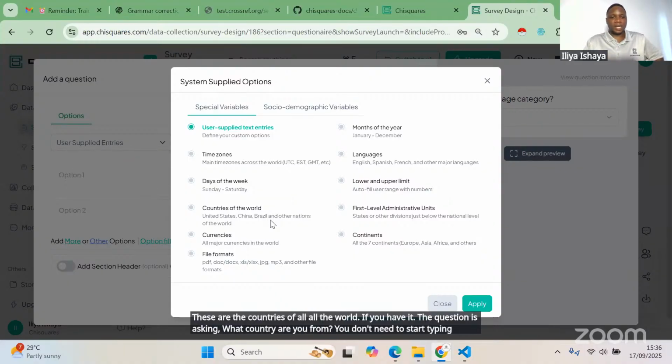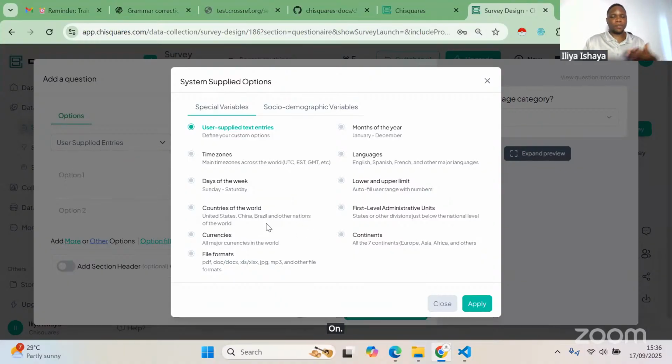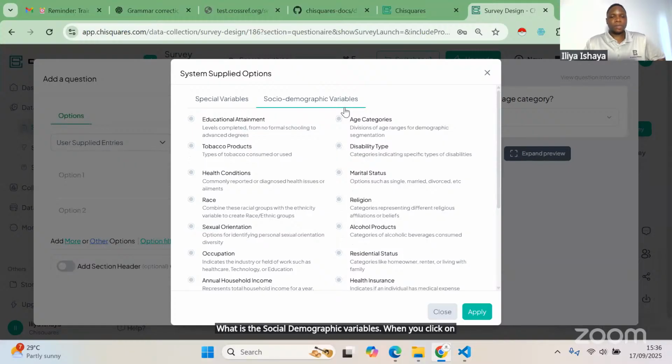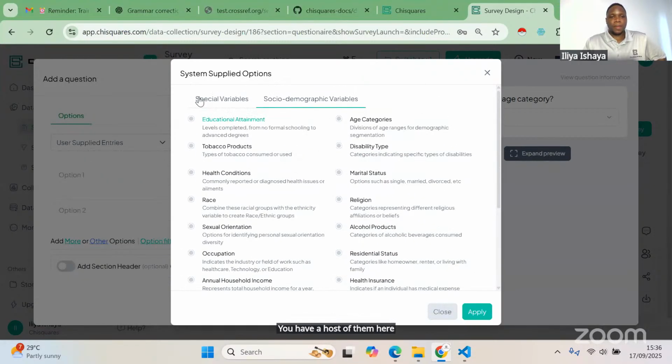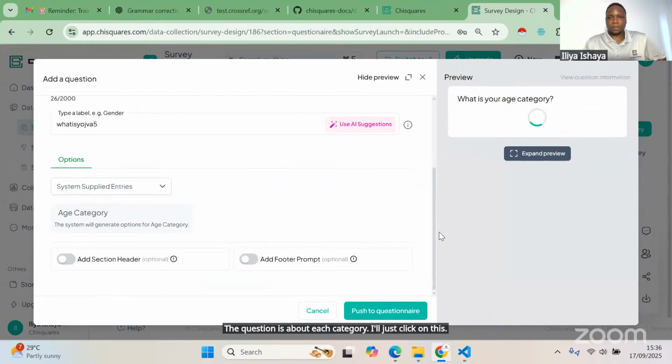All you need to do is click on this, apply, and then it imports all the countries of the world. Same thing with continents. Another very important tab is the social demographic variables. When you click on this, you have things like age categories, educational attainment, marital status, religion, sexual orientation, occupation. You have a host of them here. So all you need to do is, the question is about each category. I will just click on this, apply,